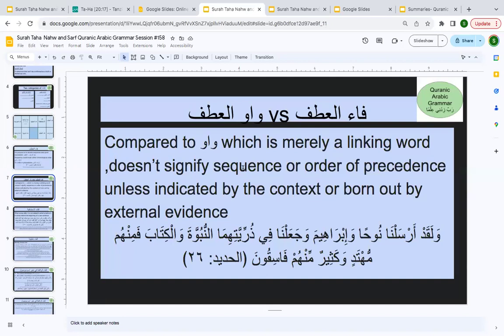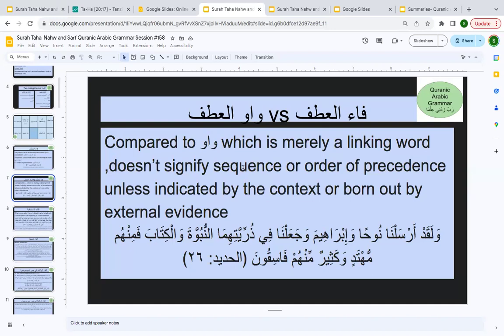When you compare fa and waw, no, this is waw atf. We are talking about atf. We are not going to talk about the other waws. Okay, so just focus on atf for now, because we are learning atf. When you make a comparison, it's going to give you a good understanding that now Allah is narrating something and Allah is giving you the sequence of the events. Either it could be according to time or it could be according to the zikr, how the things happened.